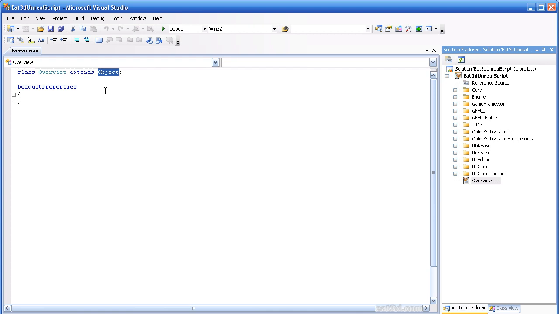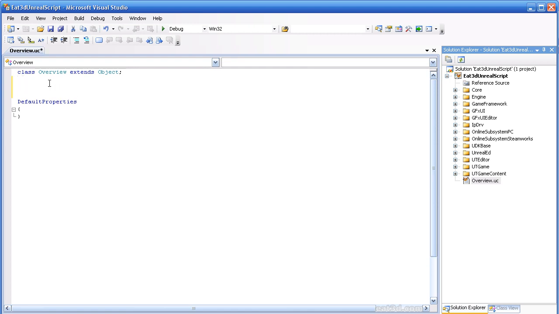We'll go over the inheritance stuff a lot more here in a little bit, but I just wanted to cover the default template here, just so you know. You also see this declaration for default properties. This is an UnrealScript standard thing that the default properties are at the bottom of each file, and that's just saying any variables or internal members to this class that you set up here, somewhere in this range